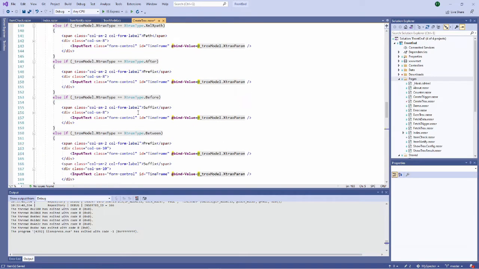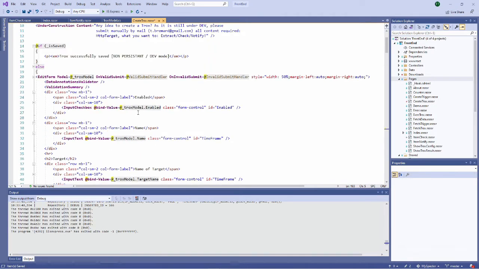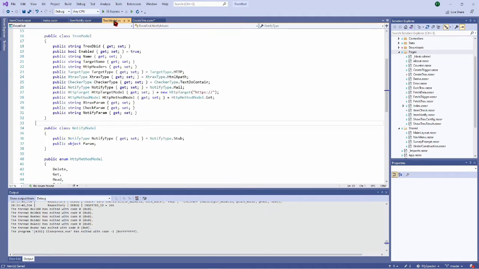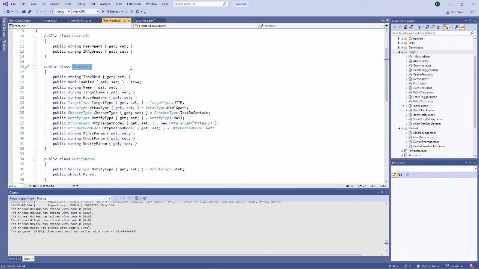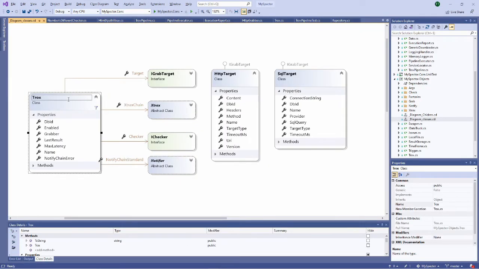The model is the model which has been linked to the beginning of the form, which is here, the edit form, and I have a model with a creatrux model. And in fact, the creatrux model is the model of the view, defined here, which normally should be the image of the creatrux object, which is the pure business object.